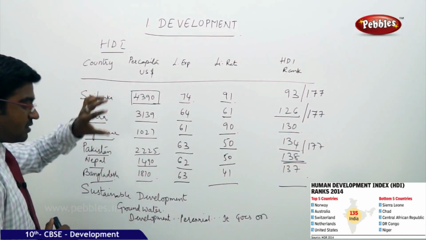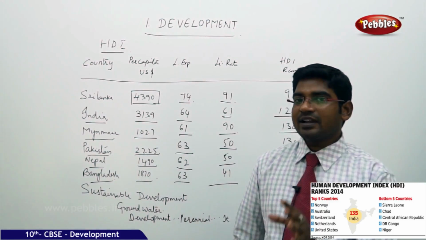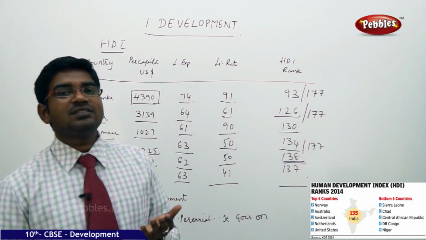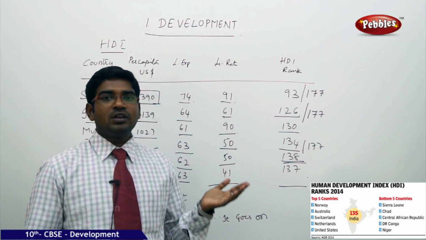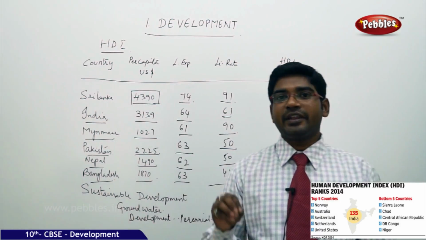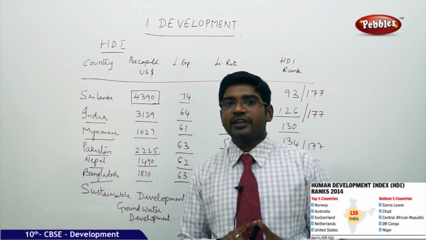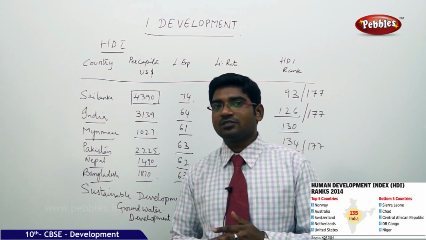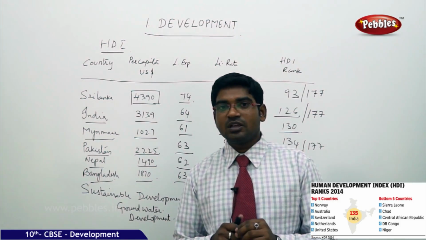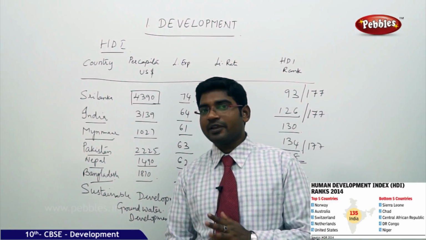Sri Lanka is a very small country when compared to India. Sri Lanka is a country which has faced many internal issues. We have discussed in the previous class also how Sri Lanka has a policy of majoritarianism, where the Sinhalas are trying to control the minority Tamilians. They have internal conflicts, they have civil wars, but still Sri Lanka has a good per capita income.